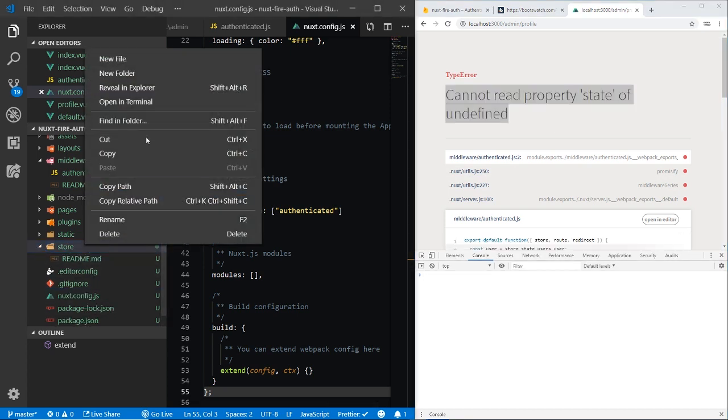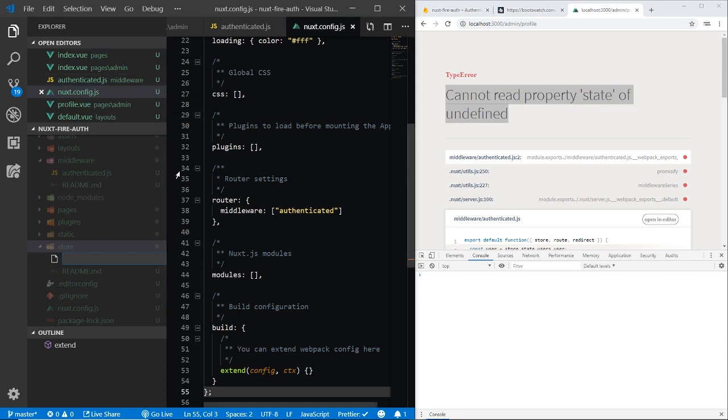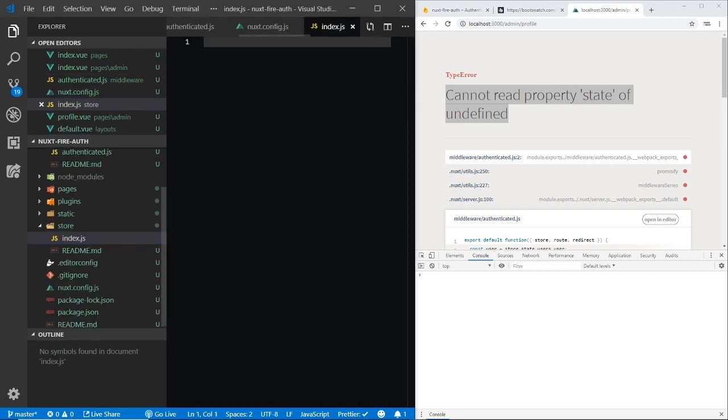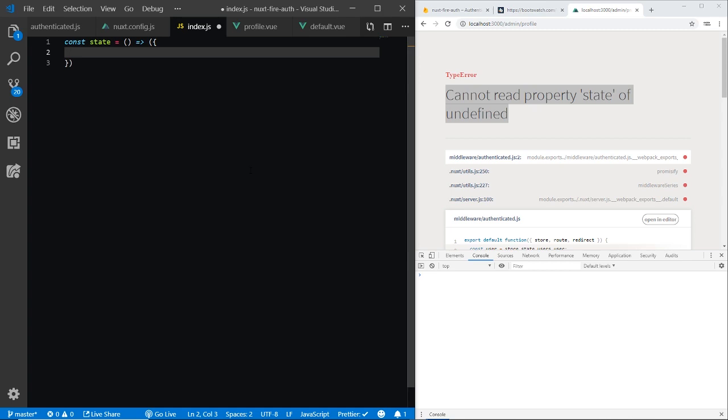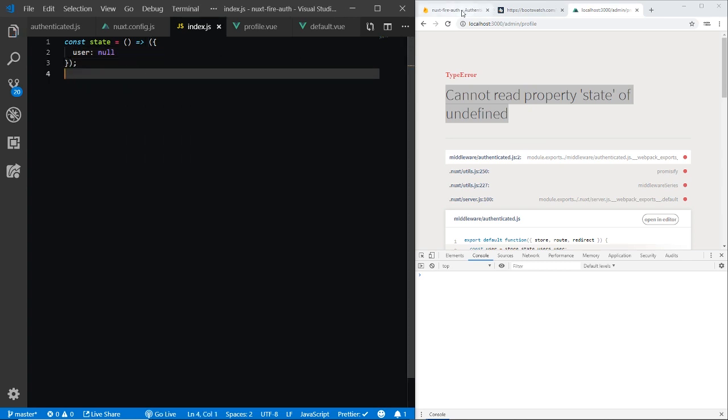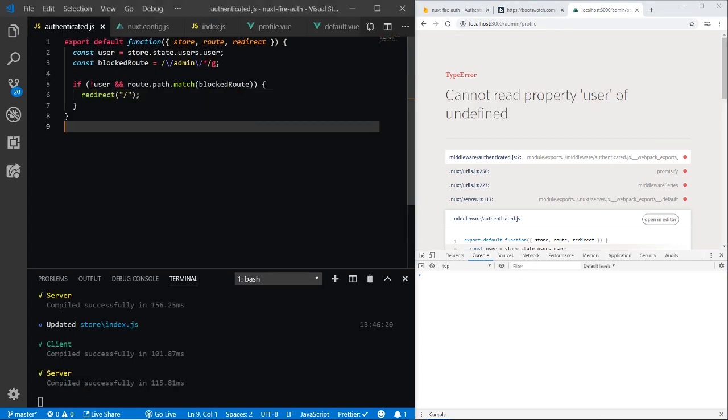So let's go to store, and the way we do that is by creating an index.js file. And all we have to do here is export a state. So const state equals a function that returns an object, and we'll just give this user null. So there's no user in the store when we start. So let's just save that. And now if we reload this,